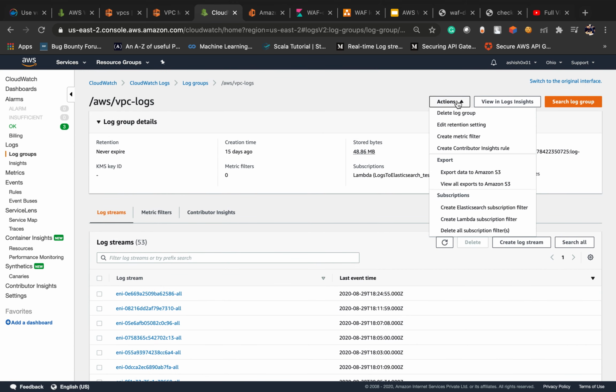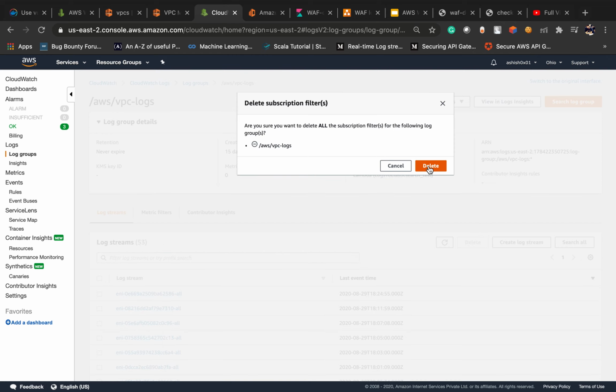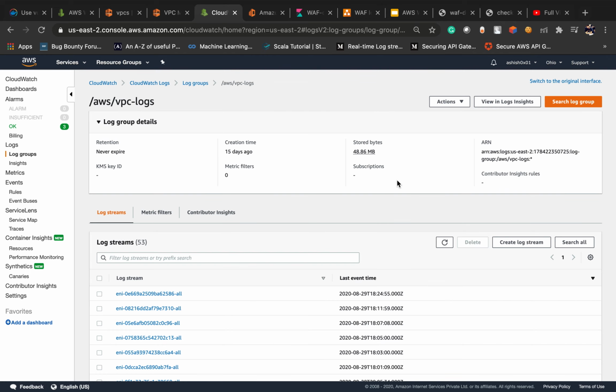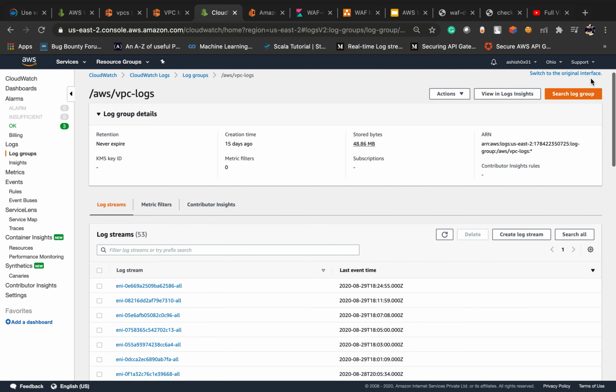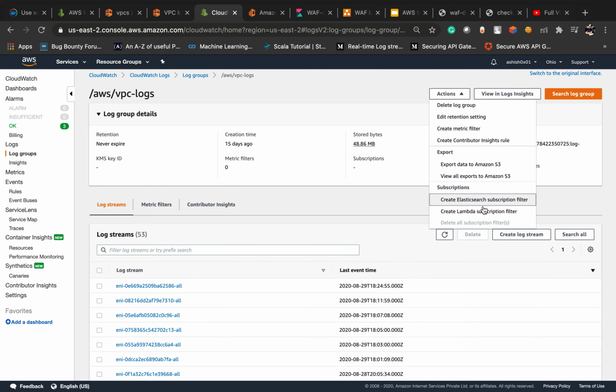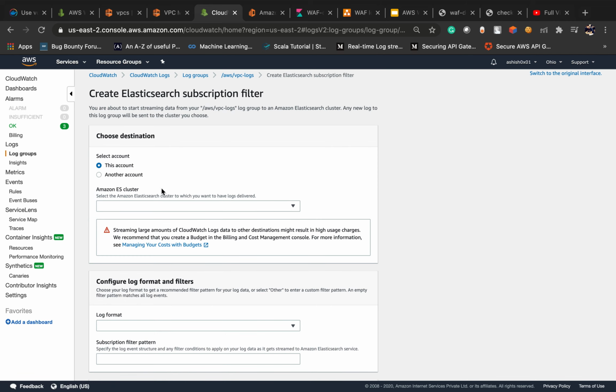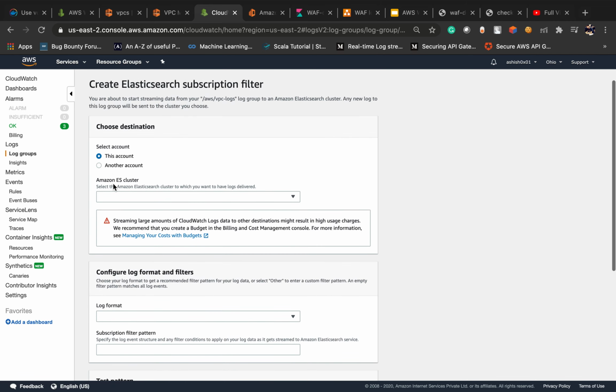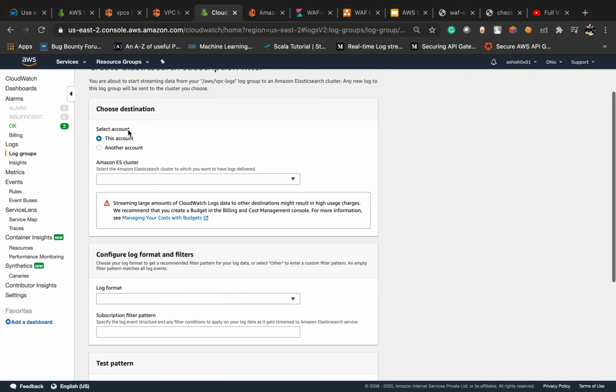Now first I need to delete this subscription. Under action you have to create an Elasticsearch subscription filter. After this it will ask for your destination.